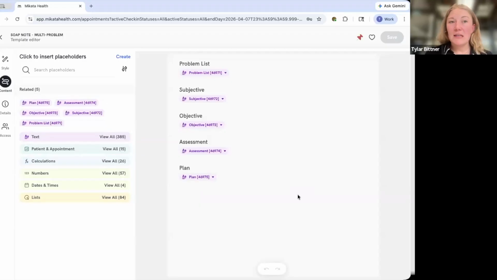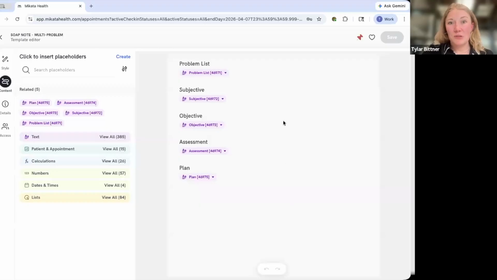So previously, when it came to these placeholders, each placeholder was associated with a specific template, and you weren't able to share these placeholders across templates. What's great now is that if you had one that you really liked the output on consistently, you're able to share that across multiple templates.